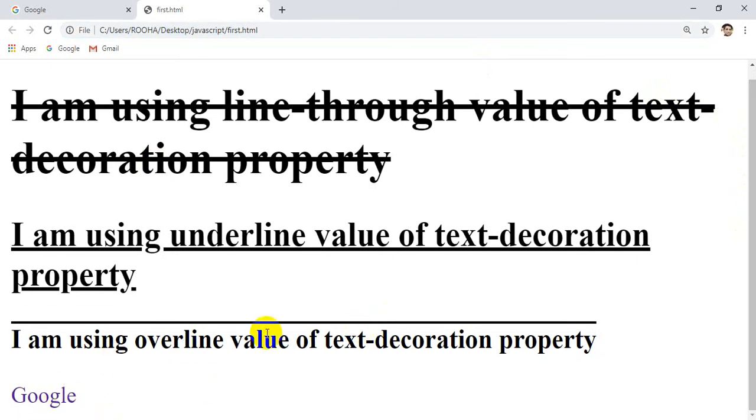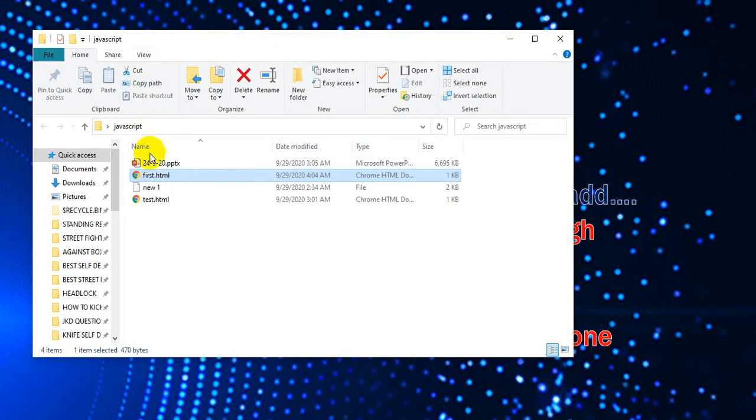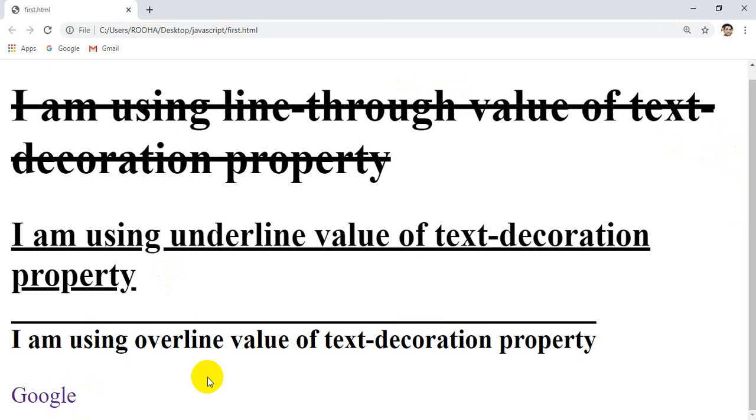See here, Google is present, but there is no underline. When you click on that, the Google page will open, but there is no underline, meaning the underline on the link has been removed.